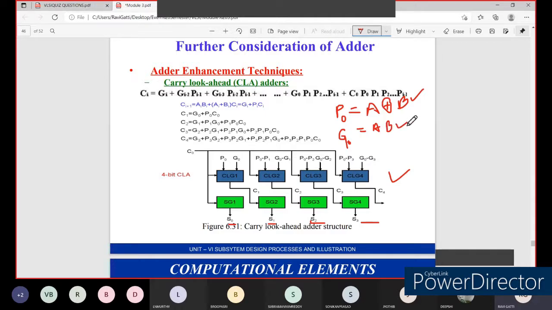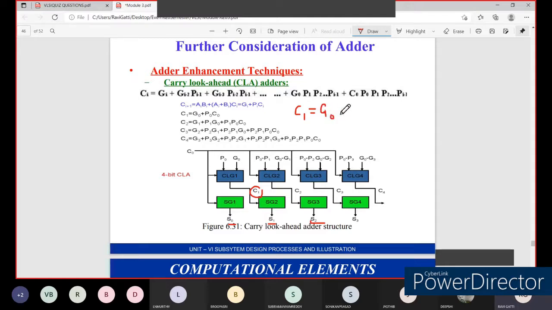Now, how can I generate the second carry, that is C1? I can generate it in this manner. If you consider a full adder, the first one we call a half adder. If I consider a full adder, I can generate the carry in this manner. So your C1 is nothing but your